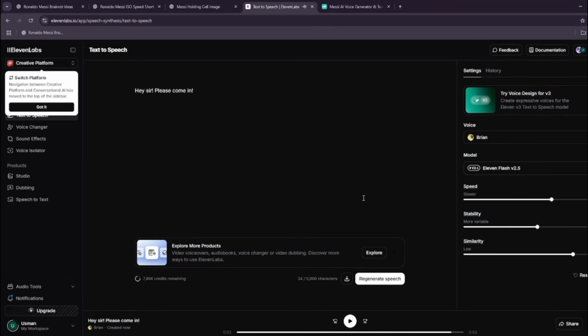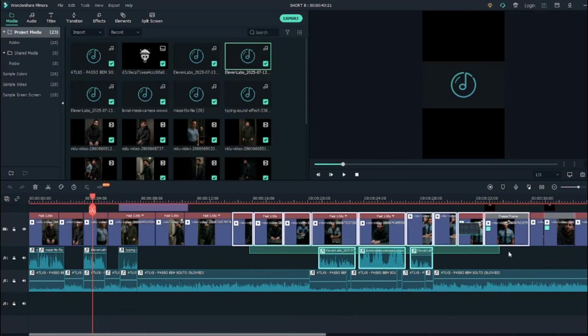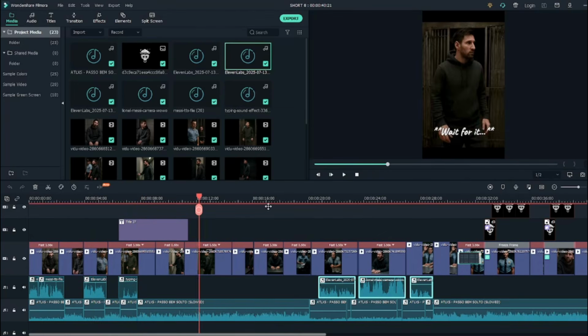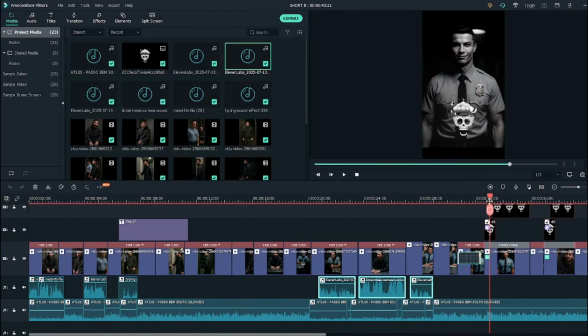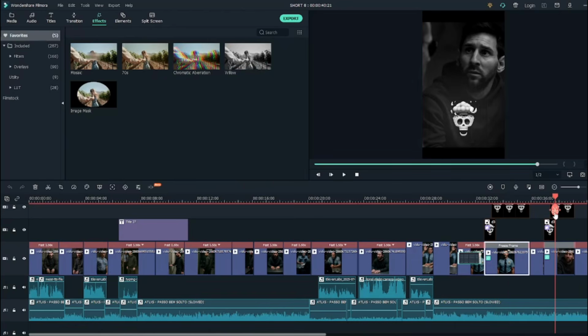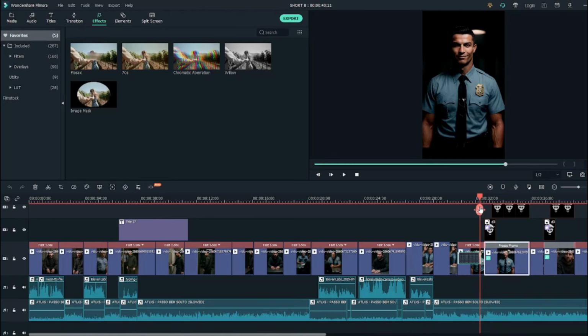It's going to provide you these kind of generations. I'm going to import that to the timeline as well. And simply go ahead and need to do a bit of editing, provide a bit of captions. And then I'm going to go ahead and import my skull edit right over here. We need to just freeze this frame and simply need to go ahead and provide some effects that are already in Filmora, and simply do that to Messi's face as well. Like, just do editing which you think suits the most to your desired video.